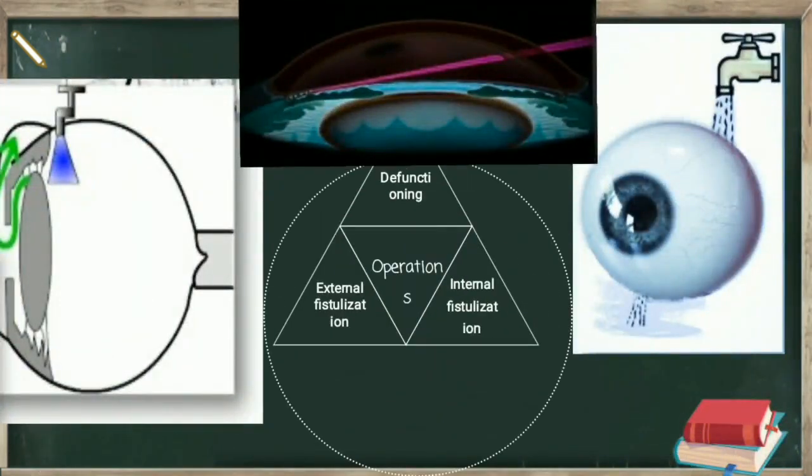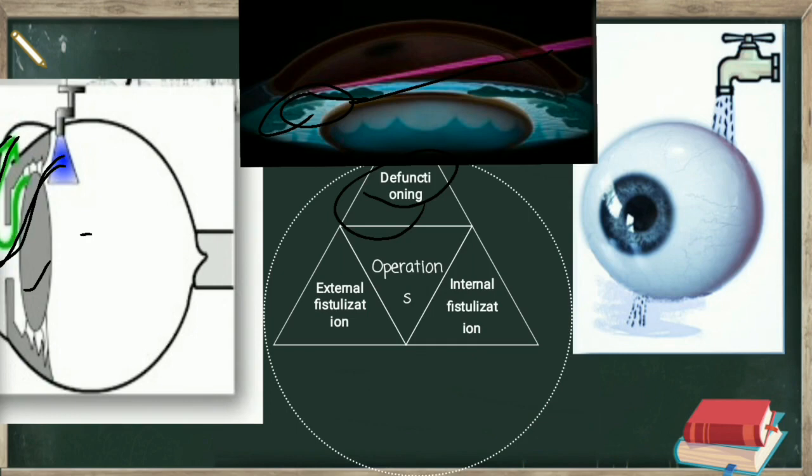The intervention by external fistulization operation is the option, or the first line, by which we create a pathway for the aqueous humor other than the normal pathway. We create another pathway of the aqueous humor to the subconjunctival space. All the options like defunctional operations are not used now. The idea of defunctional operation is to cause, by laser, defunction of the ciliary body, so no aqueous humor